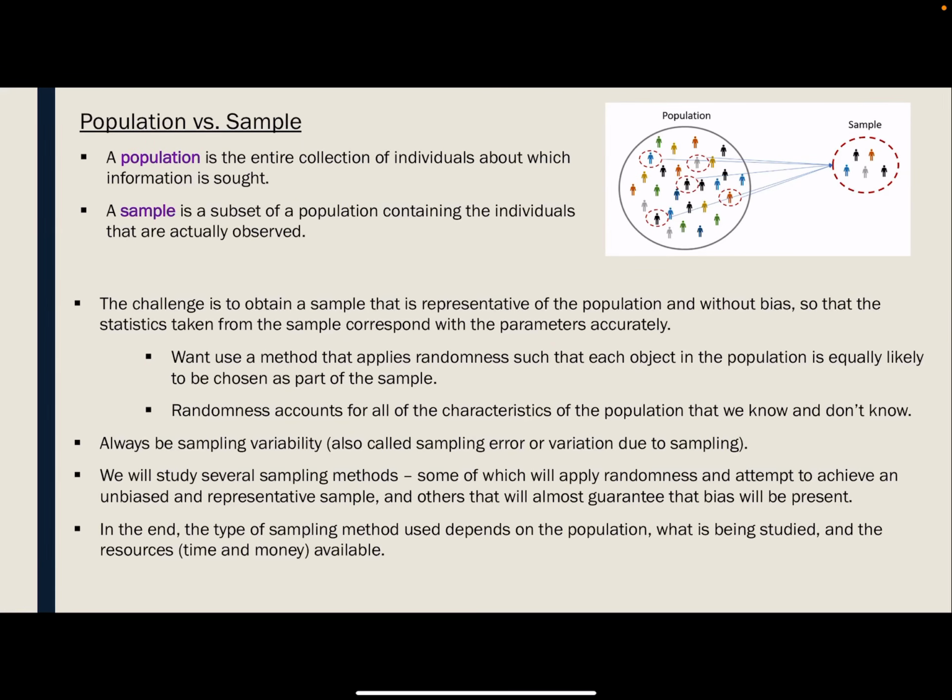Hi, everyone. So in statistics, we ask questions, we collect data, we analyze that data, and then we draw conclusions. The questions that we ask are questions about a population. And a population is the collection of all the individuals for which we're asking that question. And when I say individuals, I don't only mean people, and I know my pictures show people here, but individuals